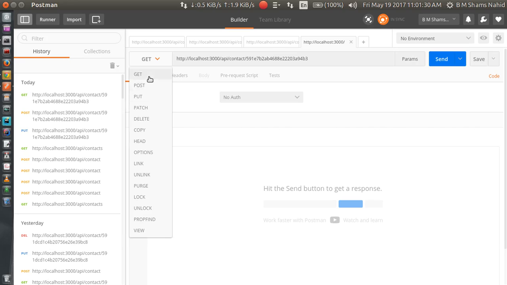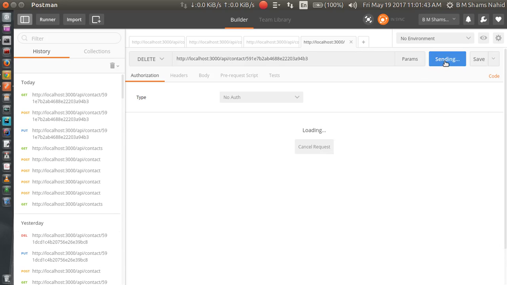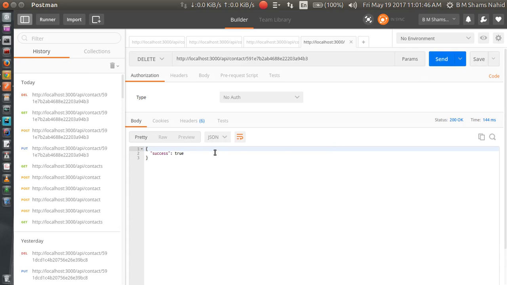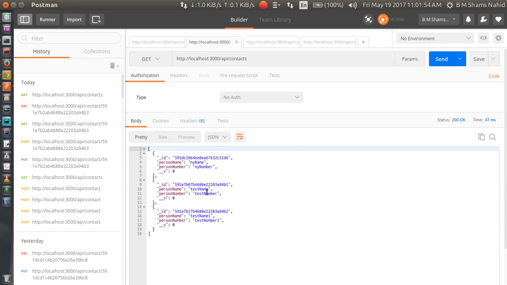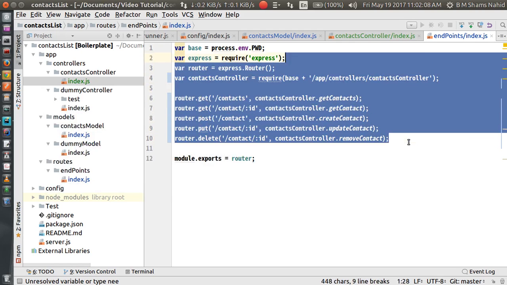And now it is a DELETE request. We have 3000 API contact and the contact's ID, the updated name and number contact. We will delete this, and whenever you see success equal true, you have deleted the contact. So send the request. See my name, my number, test name, test number, test name 1, test number 1, but there's no existence of the updated person name and updated person number. So I think we are done creating this